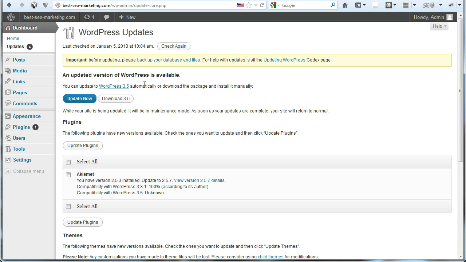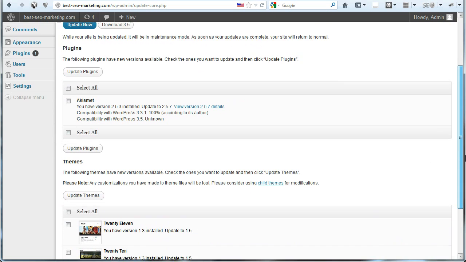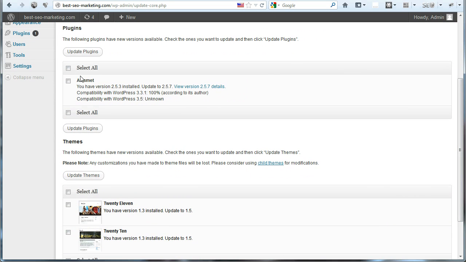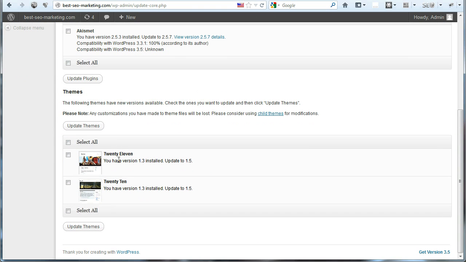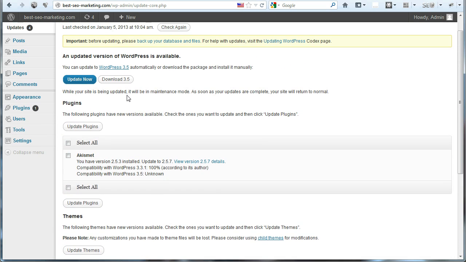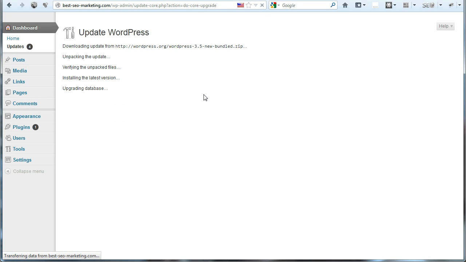Okay, the latest is WordPress 3.5, so we're going to update that, and then we want to update the plugins, which are also outdated, as well as the pre-installed themes. These are the pre-installed themes you always see that come with a WordPress installation. So right now I'm going to update all of them. Hit update now to update your WordPress to the latest version,